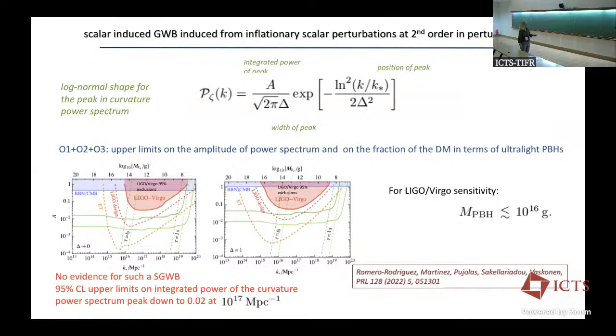The LIGO Virgo constraint, you see, is already better than BBN or the CMB. This will be the LIGO design sensitivity, and this will be Einstein Telescope. So already the constraints which we can put on the amplitude of the power spectrum are stronger than what already existed from BBN or CMB. They can be even better as the interferometers reach design sensitivity, or with third generation interferometers. And this can put constraints on the corresponding inflationary models from which these things could be generated.